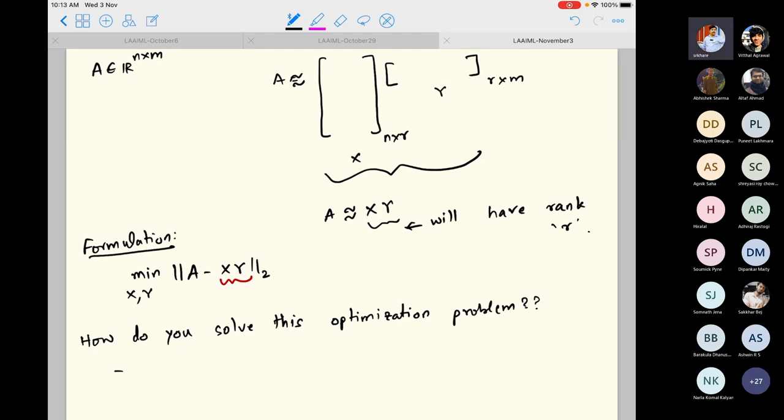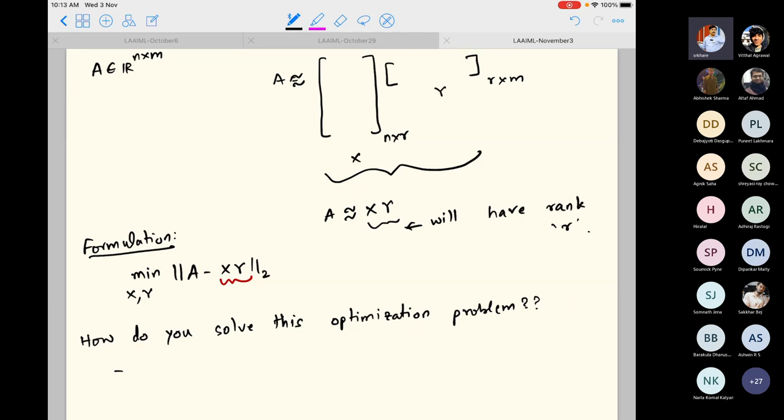Is this optimization easy to solve? What do you say? So what we are really going to do here is that this problem,